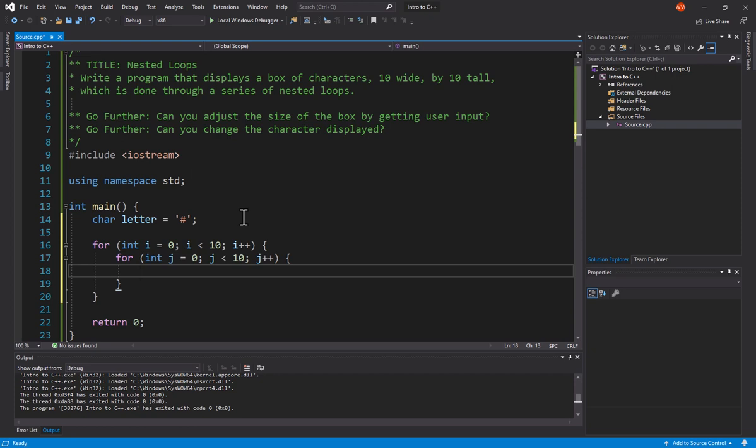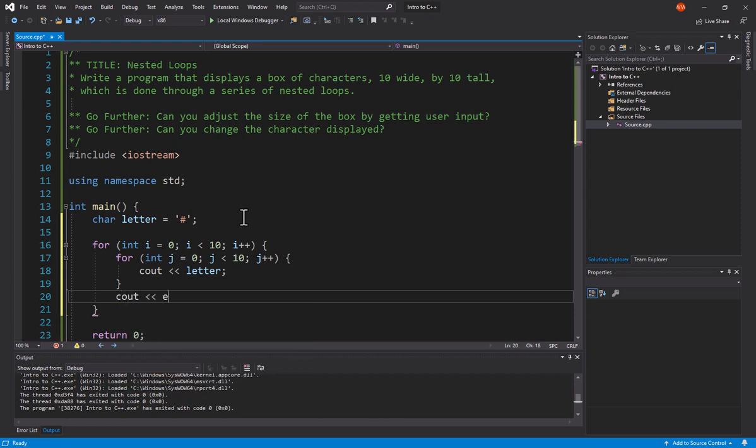In our inner loop, since we're printing out the columns, we're going to say cout, and then we're going to specify letter. I'm not going to put an endl here because this is the columns. I need to make sure we stay on the same row. After that inner loop, I'm going to want to move to a new row. And so here I'll say cout endl. If I go and run this,